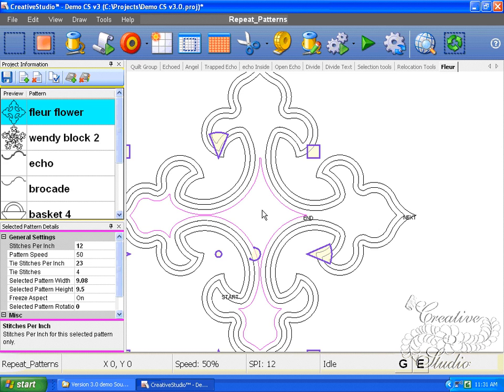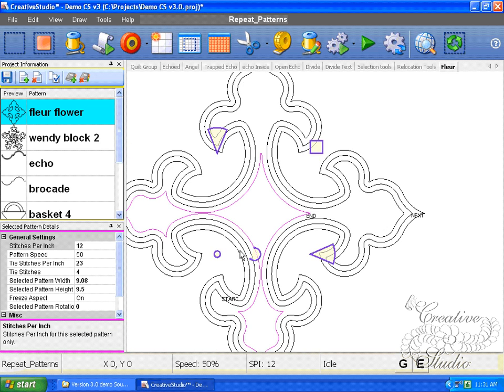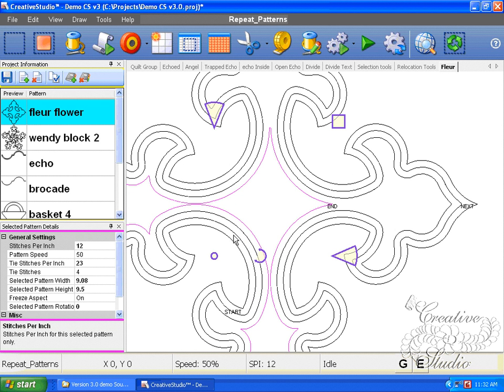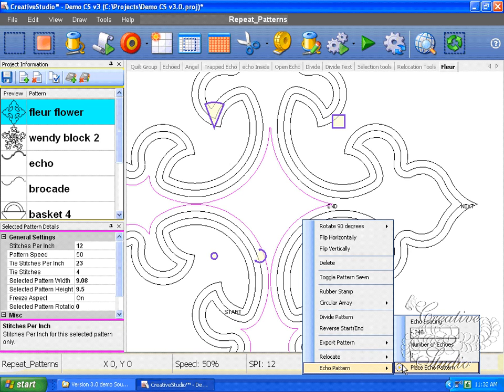Okay, I've echoed this flower 3 times, and the last echo has not gone into the leaf areas of the flower, and this is due to a variation in the stem width. So if I echo again and do another inside echo, what will happen is it will produce an outside, because the inside echo comes from this point here and then moves over like this. I'm going to echo inside,